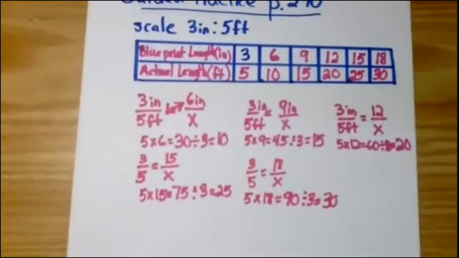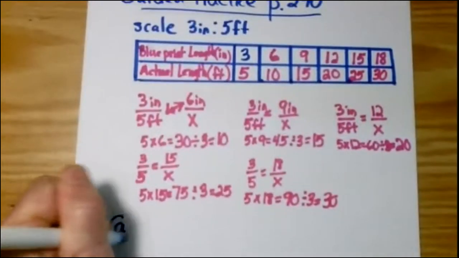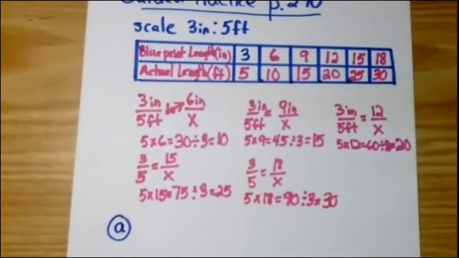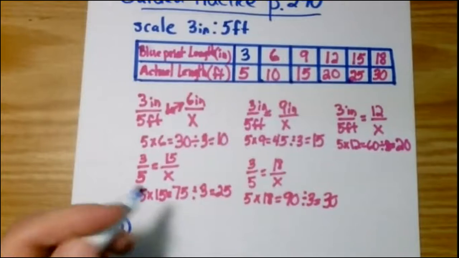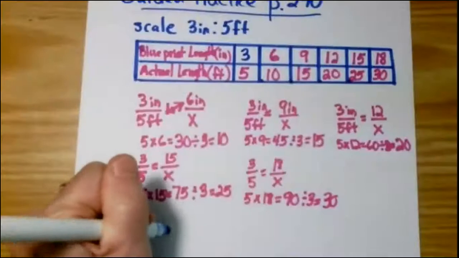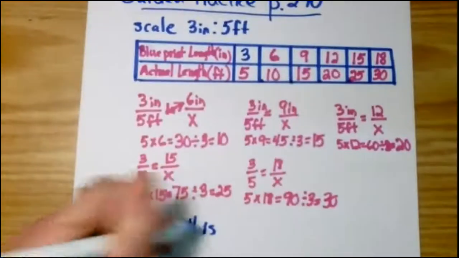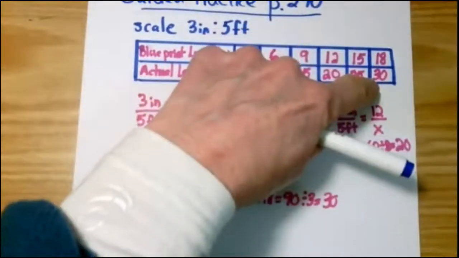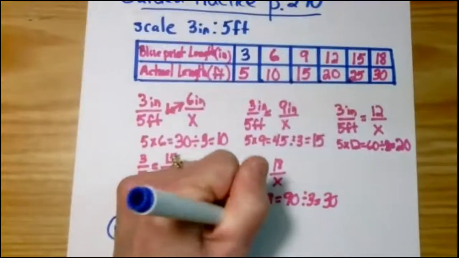So A, and how do we know? Because it's asking us for a wall in the same blueprint as 18 inches. So we know that the wall, find the 18, what goes with the 18? What's its partner? Yep, 30 feet,